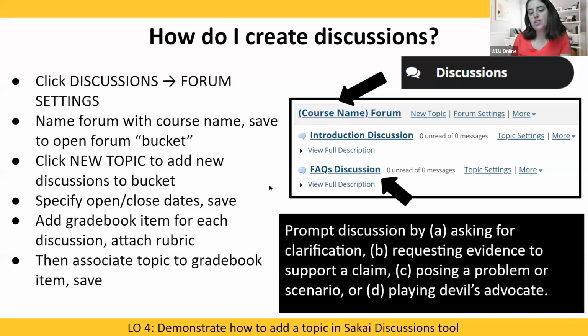And here's where some instructors get messy with the discussions. In the discussions tool, this gray box here is like a bucket, and the things inside it are topics inside the bucket. You really only need one here with multiple items below it. If you create new forums underneath, you're really creating more gray buckets, and then you just have lots of listings in your discussions tool. So you really just need one. You could have different categories of things, but for most instructors, they just need a general one, and they have a discussion for module 1 and module 2 and so